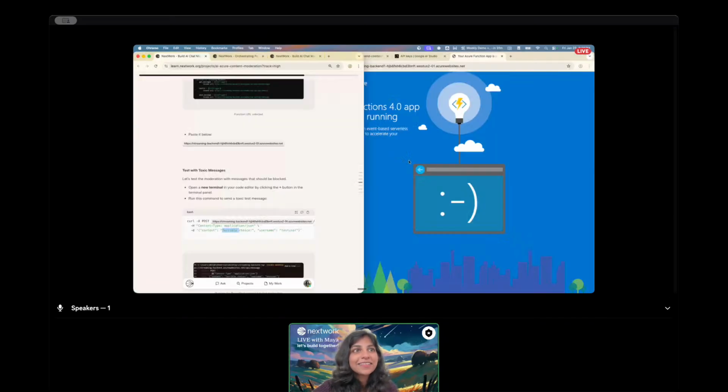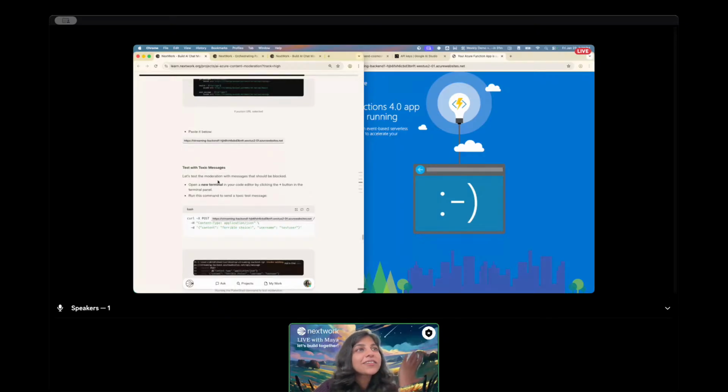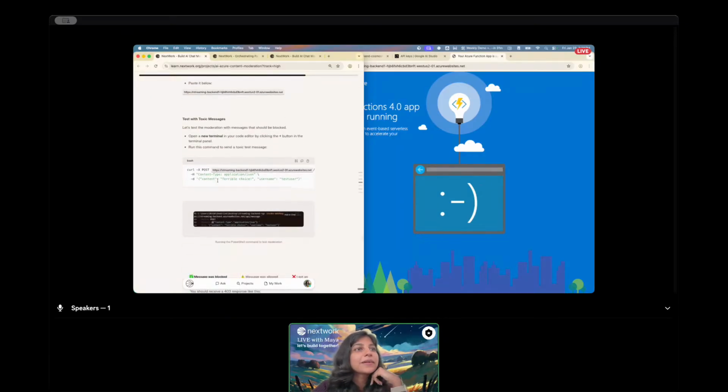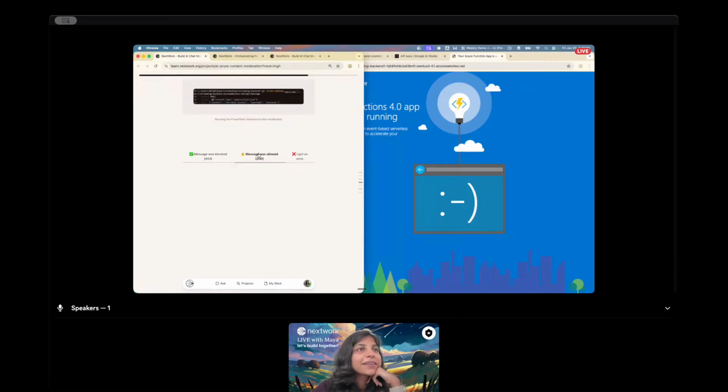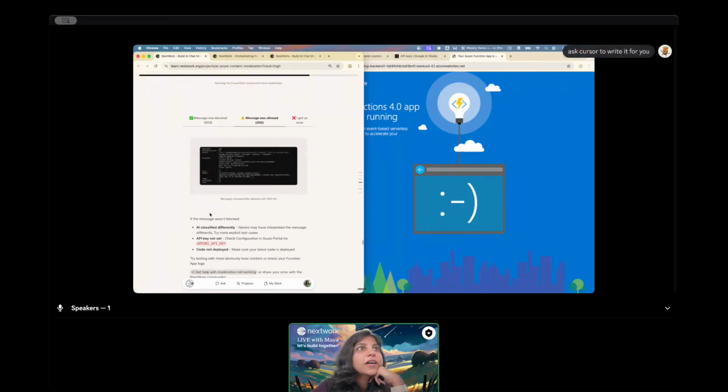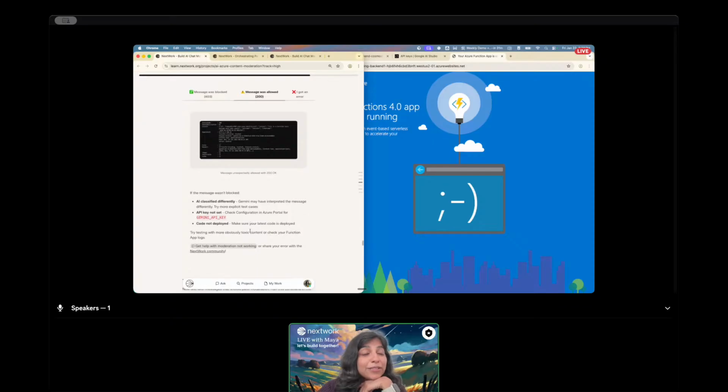Do I have to get meaner than this? This is a toxic message, guys. Like, Gemini, come on, help me out here. All right, if the message was allowed, AI classified it differently, so try more explicit test cases. I don't want to get more explicit on this build lab, so